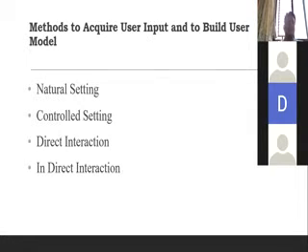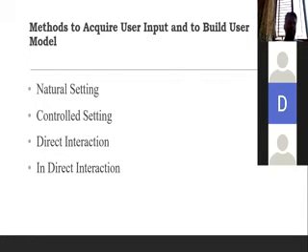So these are nothing but the direct interaction and indirect interaction. The basic technique used to acquire the user input for the evaluation of designs can also be used throughout the human-centered design lifecycle from the requirement gathering. So it helps to model the user's behavior. The selection of appropriate user techniques will depend on a variety of factors, such as different types of environment requirement, cost and time constraint, and the availability of different types of users to acquire the input.